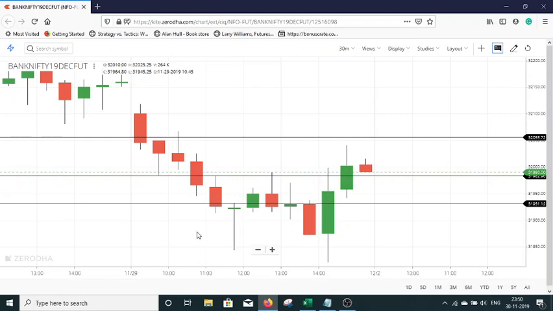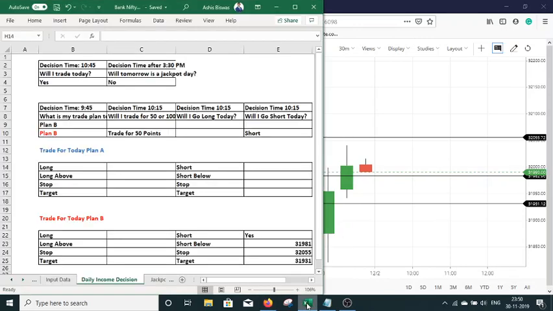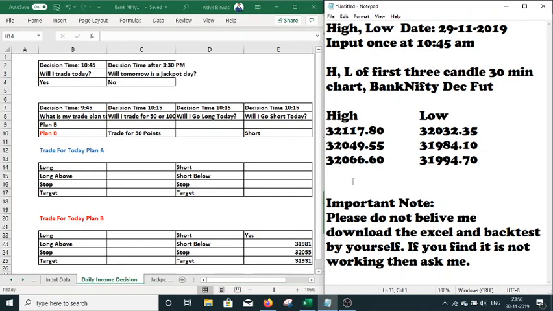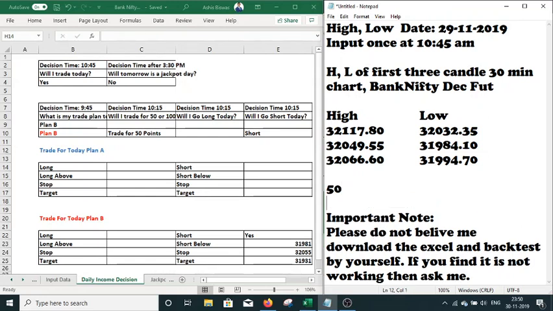So overall you earned a profit of 50 points. You entered at 31981 and you covered at 31931. So you earned 50 points. That means INR 1000, minus 60 rupees as commission, that is INR 940. This was the trade and this was the